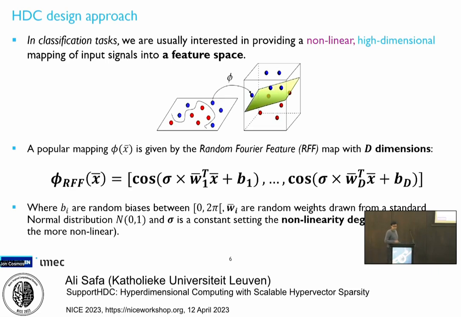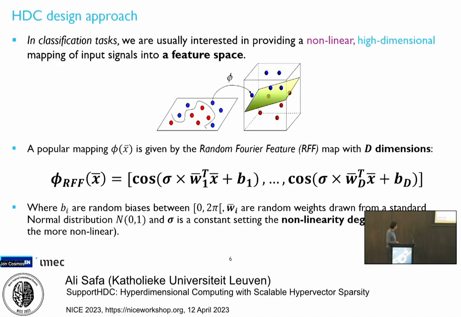A popular mapping for this kind of feature mapping is the random Fourier feature mapping that you see in this equation here. It takes a vector x, takes the inner product of that vector with a random weight, adds a random bias, and multiplies that by a tunable constant sigma. It does that d times, with different random weights and biases. So it transforms an n-dimensional vector into a d-dimensional, kind of random expansion,